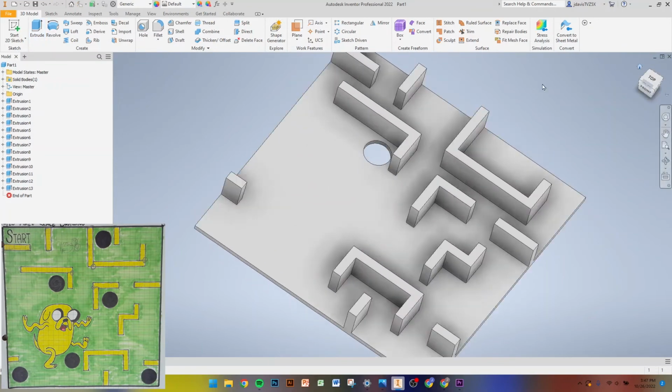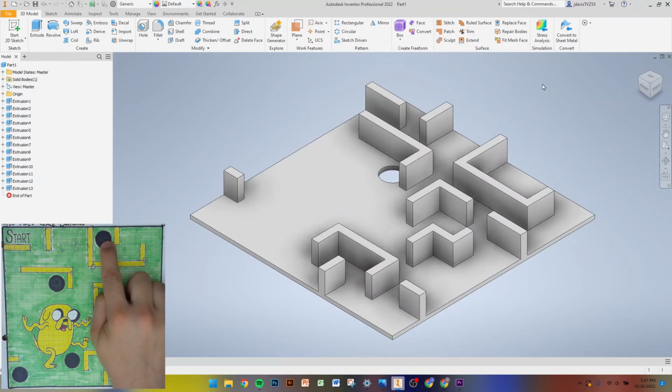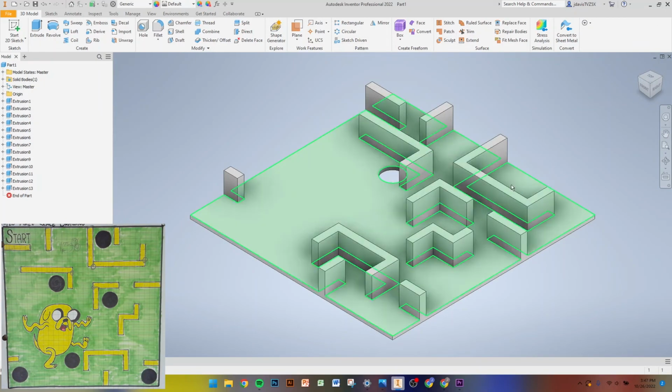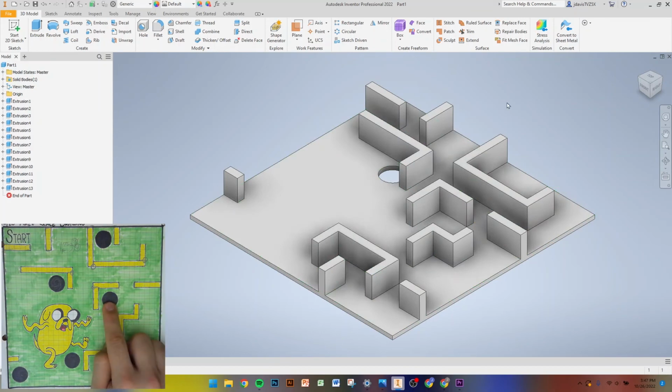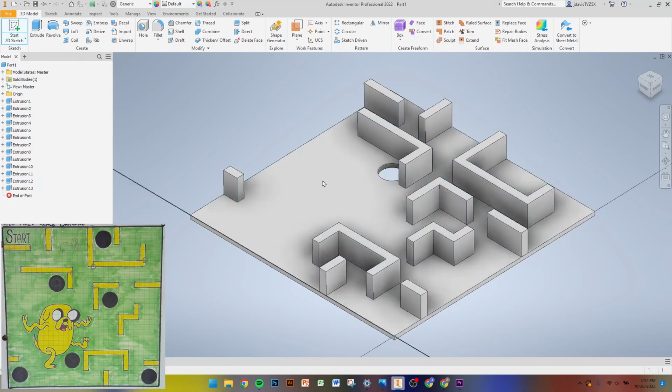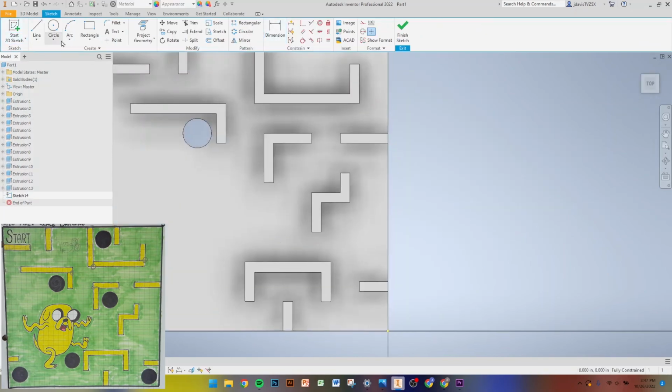Let's do one more together. Let's go up and do this one here. So I'm going to go over, oops, I'm missing a wall here. Let's do this one here. Okay. Start 2D sketch in our maze, circle, let's go right here,